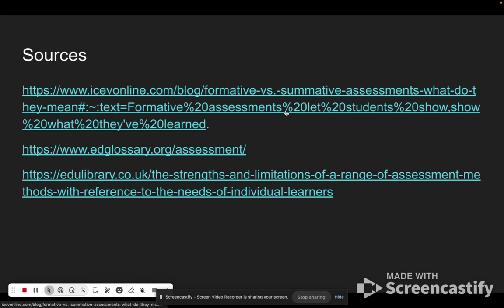And then right here, I just have my sources that I used to get some information on formative and summative assessments and a couple other things that I talked about in this